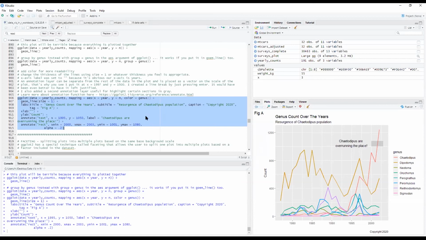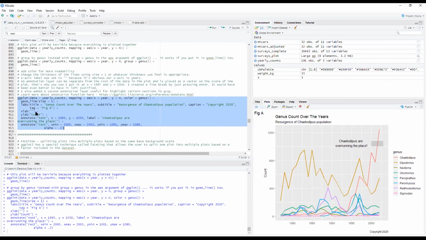You should be able to tell I'm basing the color on the genus. There's maybe 8 or 9 genera here, and each of them is colored differently because it's based on the genus. And you should be able to tell, okay, geom_line, the size, the thickness of these lines, is right here. The size equals 1. And it's a line graph because we specify the geom as line. You can tell the labels, the title, is all here.